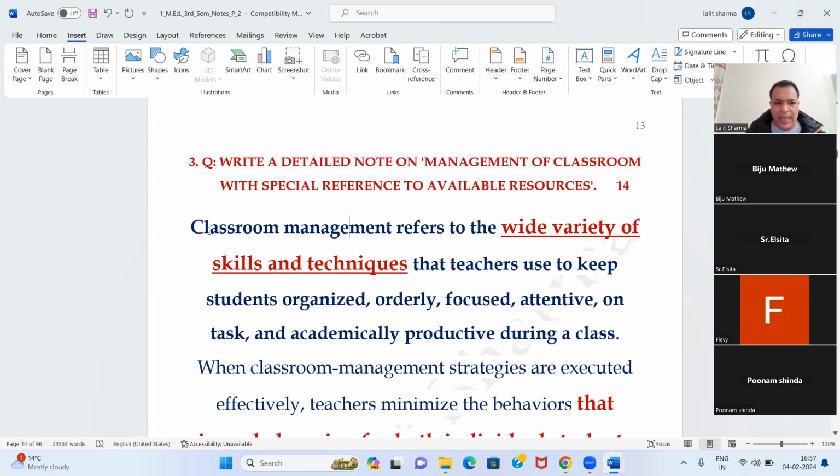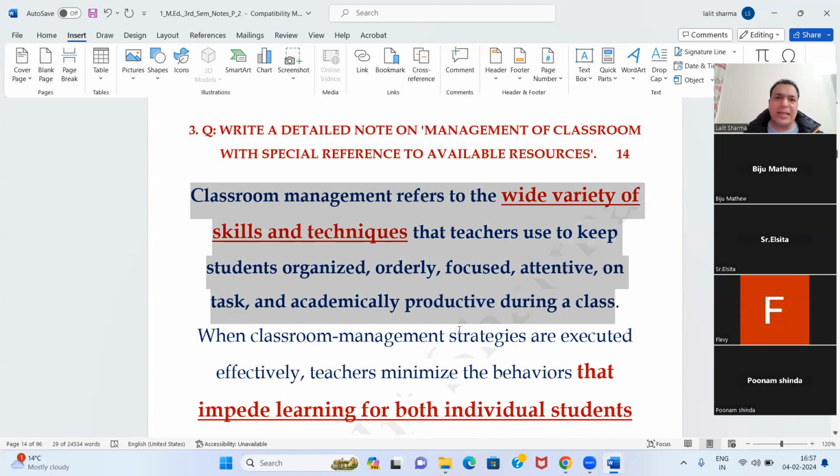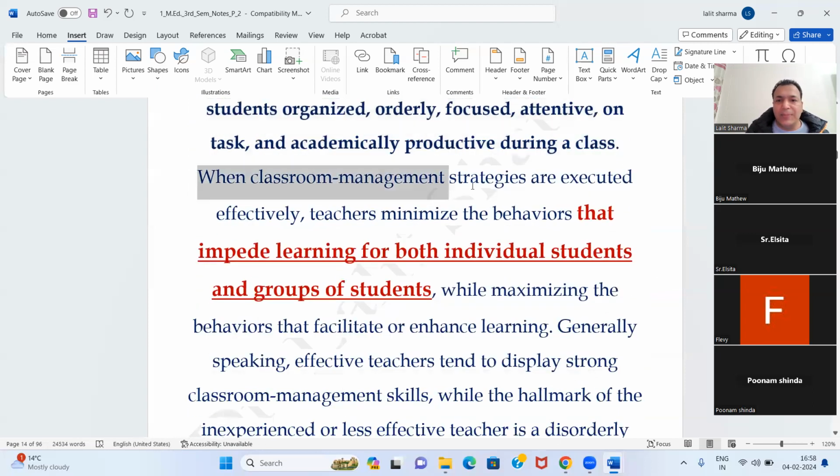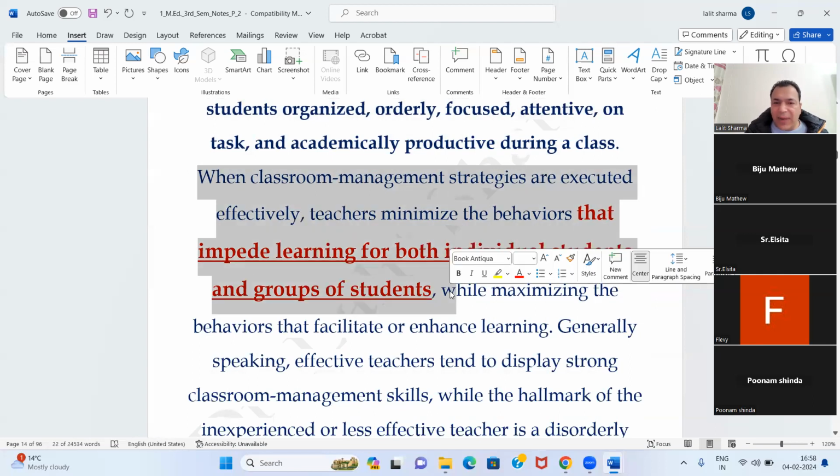Okay, so look, classroom management refers to the wide variety of skills and techniques that teachers use to keep students organized, orderly, focused, attentive, on task, and academically productive during a class. So guys, classroom management is a wide variety of skills and techniques. The teacher should know that, right? When classroom management strategies are executed